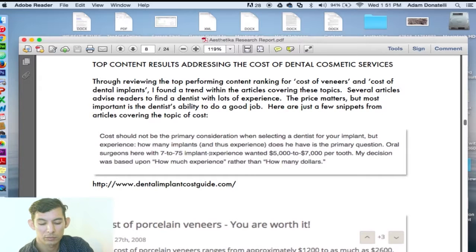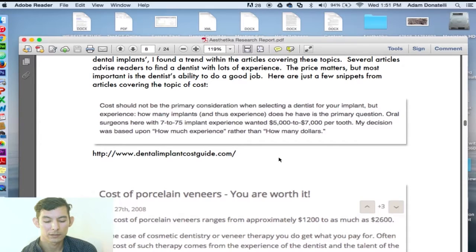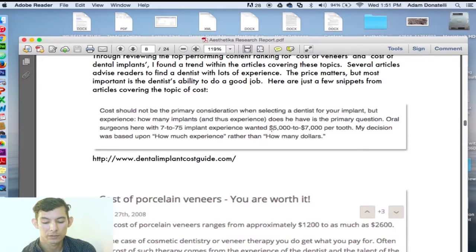Oral surgeons here with 70 to 75 implant experience wanted $5,000 to $7,000 per tooth. Okay, my decision was based on how much experience rather than how many dollars. All right, so that's this article here, and these are articles that are ranking on the first page for this key phrase right here, cost of veneers. Okay,